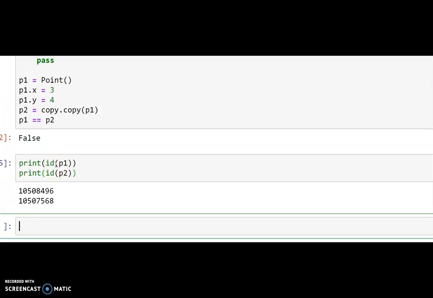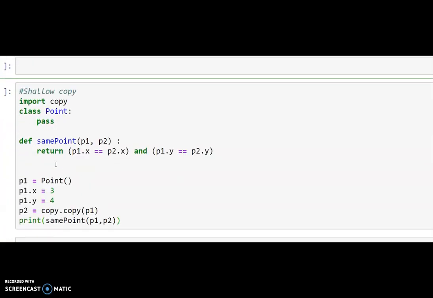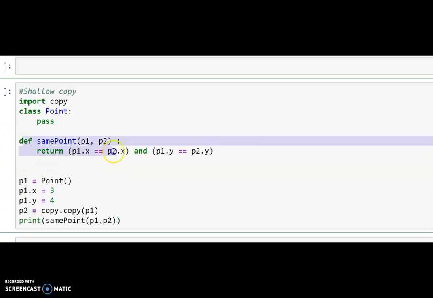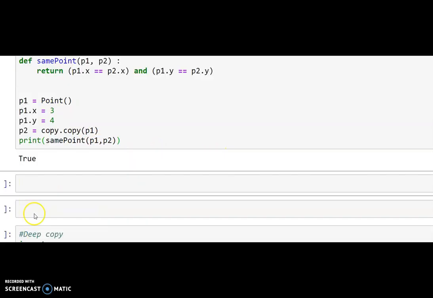So how can we do the deep equality? Here is the same problem. We just added comparing every value, or every member, of the object. We are comparing whether the coordinate x is equal to x, and y is equal to y. If this is equal, the result will be true, and if this is also equal, the result will be true, and we are having a logical operator, so if both of these are true, only then the result will be true, otherwise it will be false.